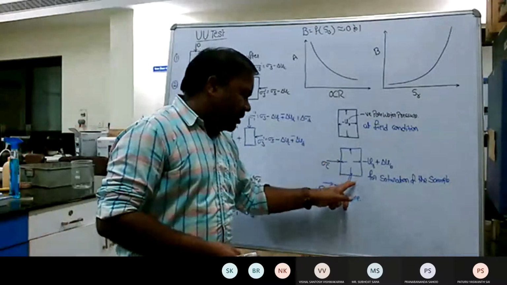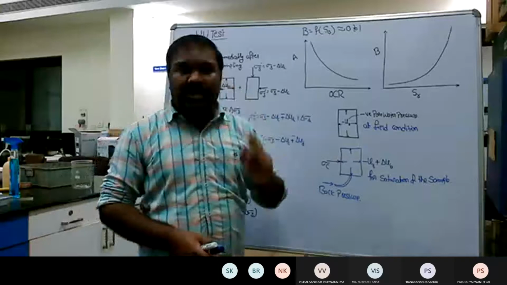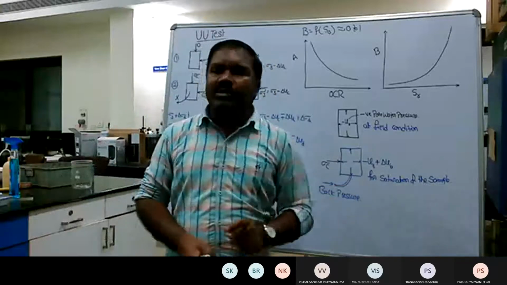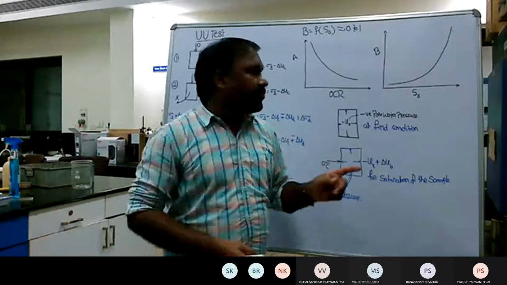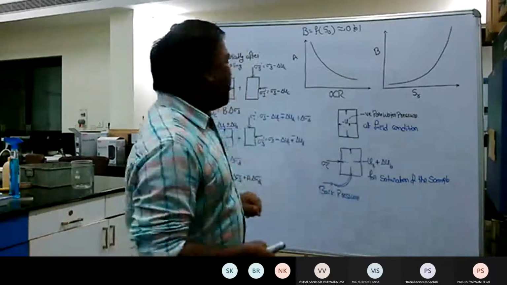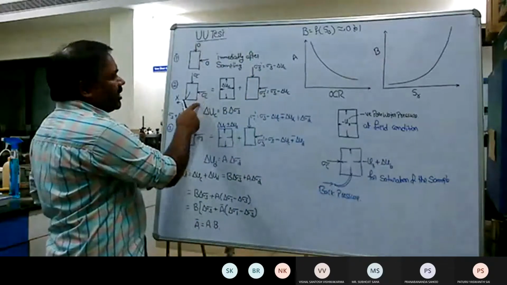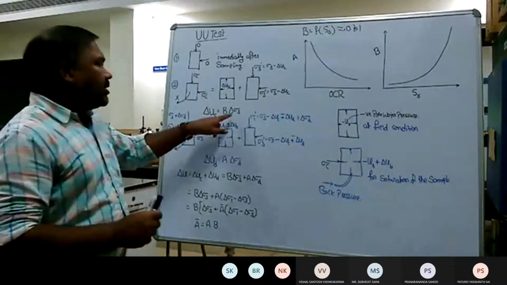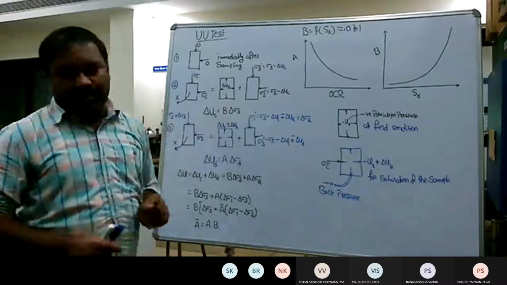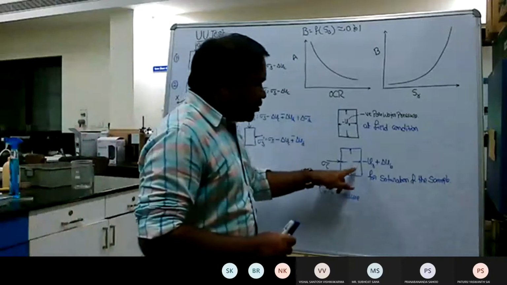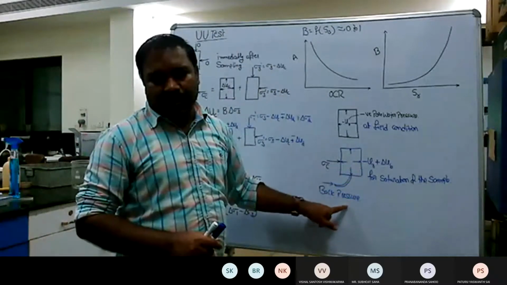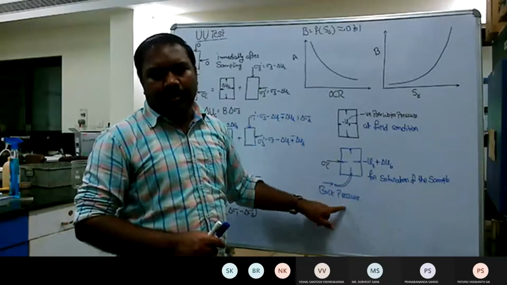Saturation is also not an instantaneous phenomenon. So here we have to keep on measuring the value of B. Suppose in this case, when you apply the confining pressure, the value of B could be positive, because here the cell pressure is higher than the back pressure. But the B value is correlated with the back pressure.